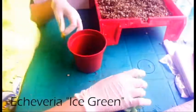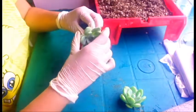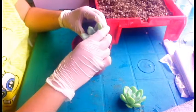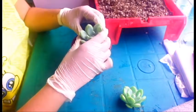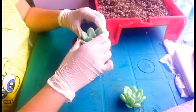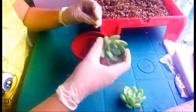Echeveria Ice Green is a Korean hybrid that has chubby, light green leaves that turn pink during the colder months. It's a succulent that was hybridized from Echeveria elegans, so you may have noticed that these plants have dropped leaves, which is okay, it's perfectly fine, and this is because they are transitioning from a highland climate to a hotter,